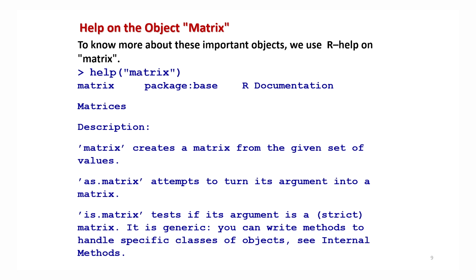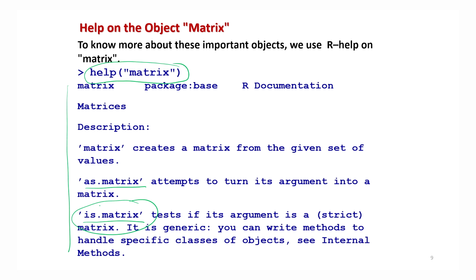And I would like to inform you that I am trying to consider here only a very limited number of options which are more popular or which are going to be used in our course particularly, but there are many more options. So, I would recommend that you please look into the help, and you simply say help inside the parenthesis within double quotes matrix, and you will get all the details about the matrix. And there are many other options available, like as.matrix, is.matrix. Suppose there is some unknown data set and you want to know whether it can be treated as a matrix or not, then is.matrix is going to help you.